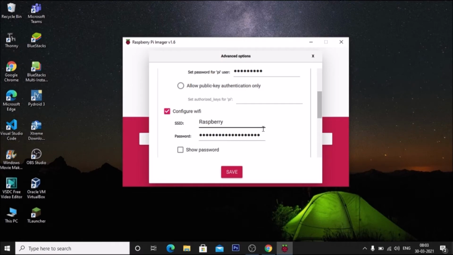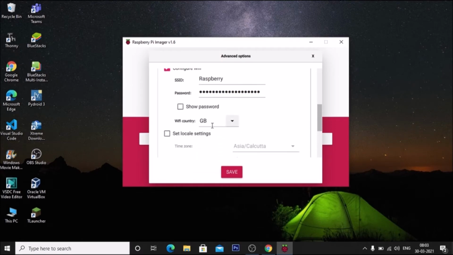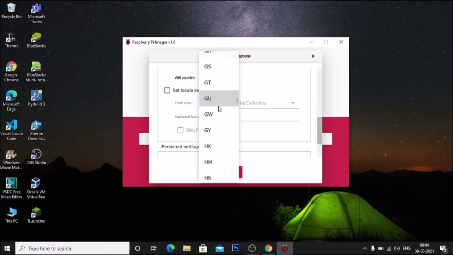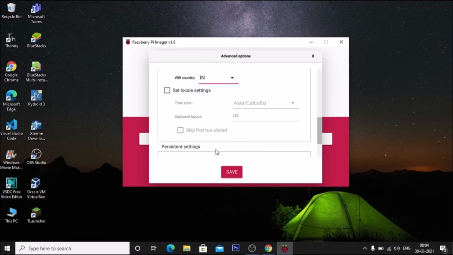Then simply scroll down, and here we need to select the Wi-Fi country. I am from India, so I am going to select IN. Then set the locale setting to Asia/Kolkata and the keyboard layout is US.